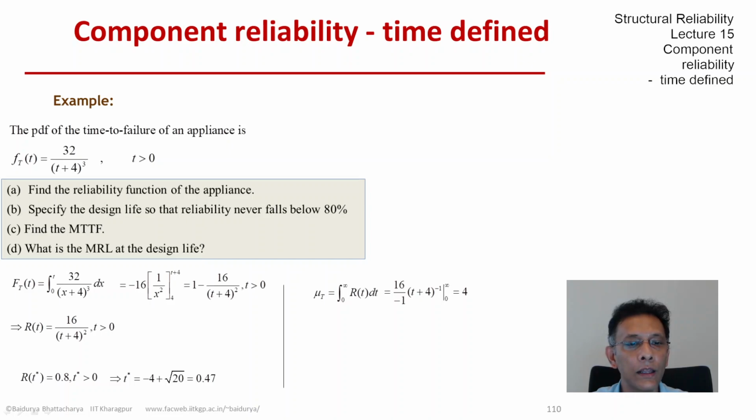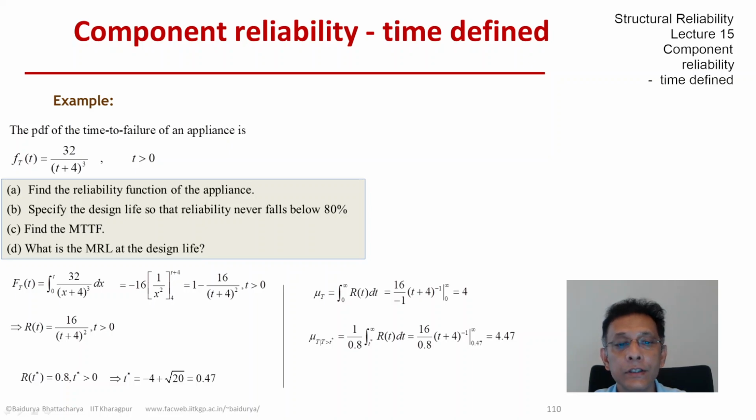Now let's plug in these quantities in the definition of the mean residual life. The mean residual life integrates the reliability function to the right of t star and normalizes by the reliability at t star, which is by definition 0.8. If we complete the integration, we get an answer which is